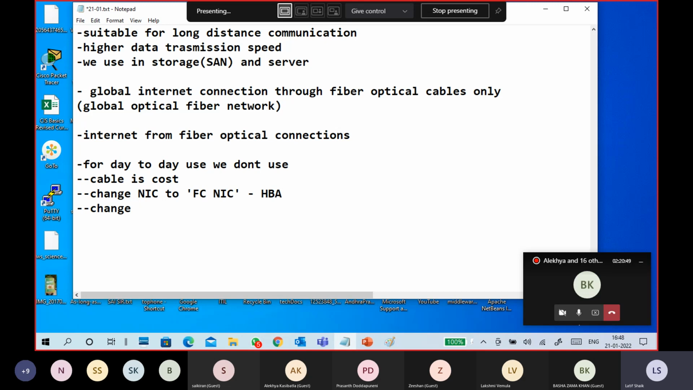You have to change the switches and routers with the FC NIC interface. So overall changes will be costly. The cable is okay, it's only one part, but the dependent things also have to change, so that becomes more cost. But when you go to the enterprise part,